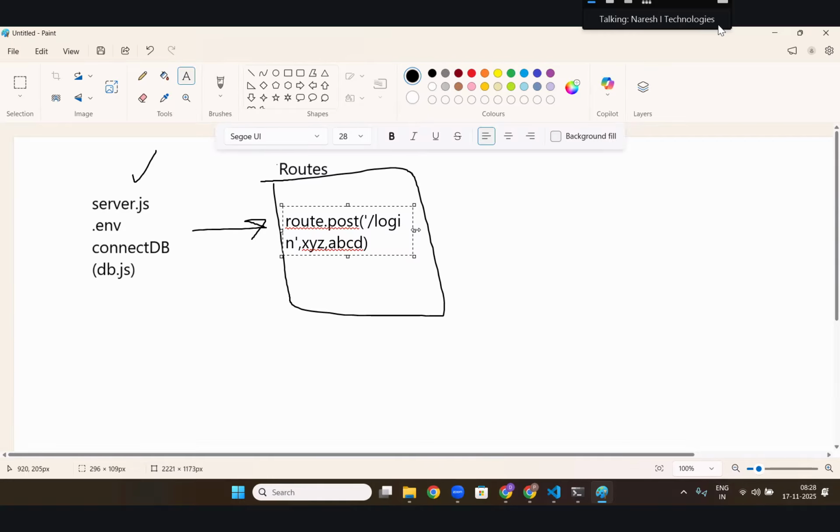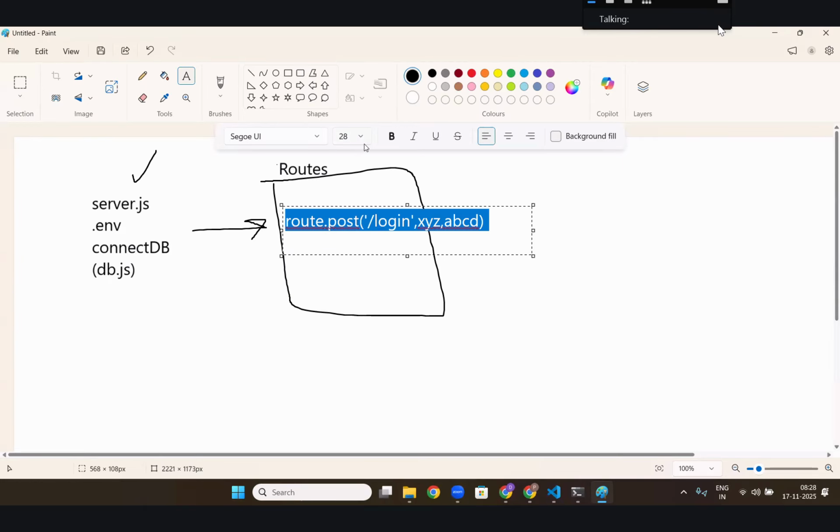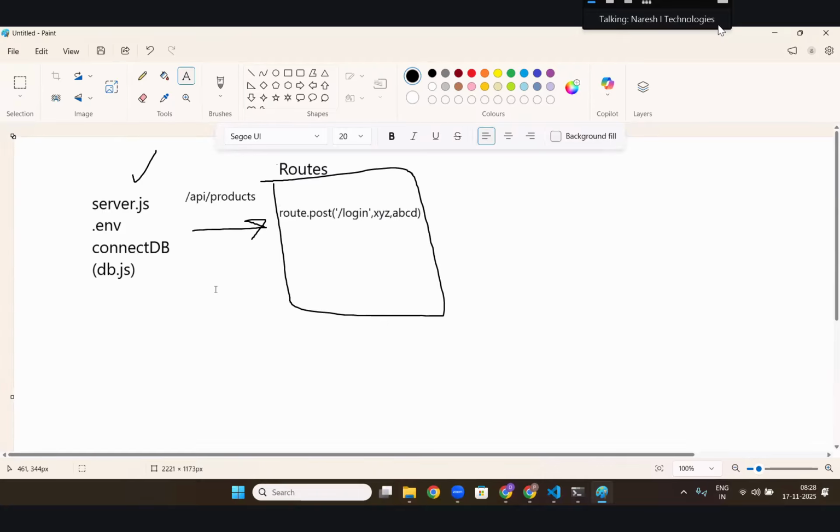Now imagine I gave something like this. If I write here slash API slash products, now anyone tell me what will happen if anyone goes to localhost 5173 slash API slash products, in that slash login.